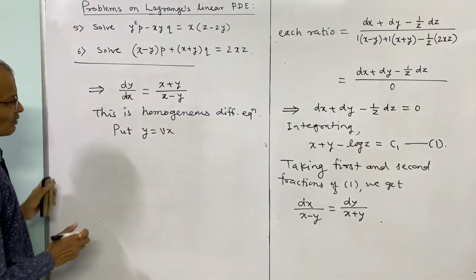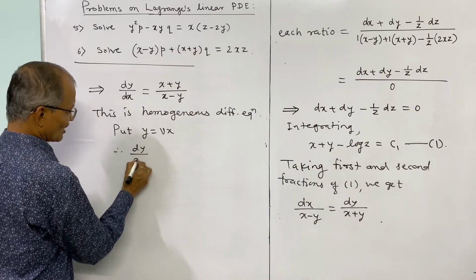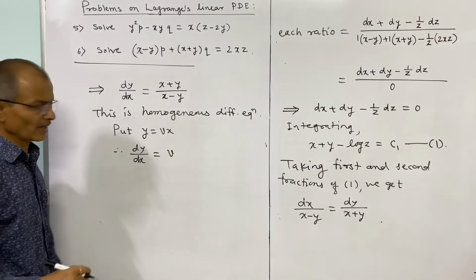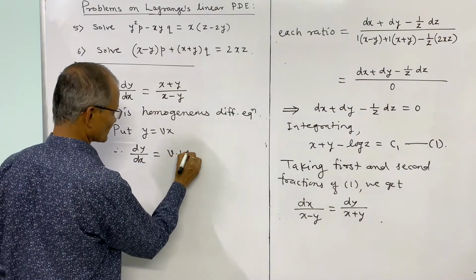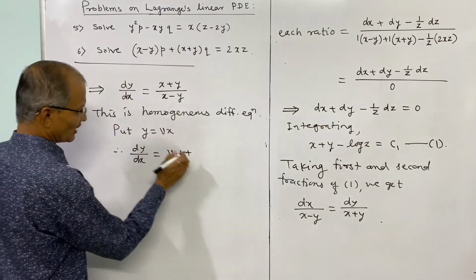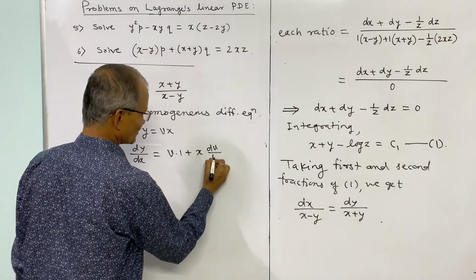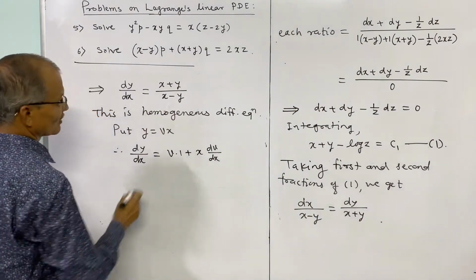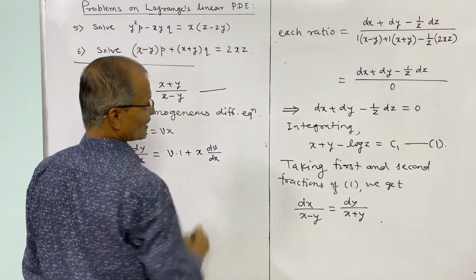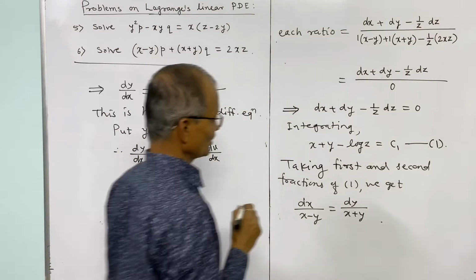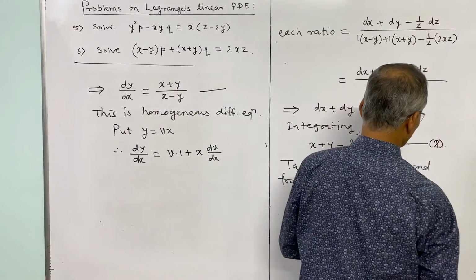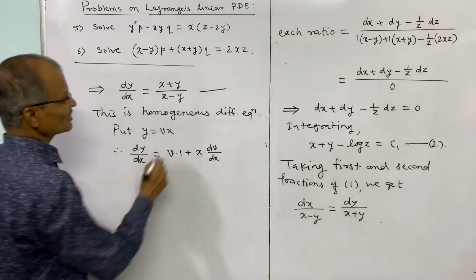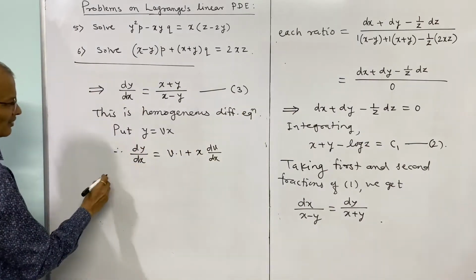And put y is equal to vx. So what is dy by dx? v is also a variable. Using the product rule of derivative, v into the derivative of x, which is 1, plus x as it is into the derivative of v, that is dv by dx. And thus we use this in this equation, which we may refer to as the second, as the first was written earlier, and this we should refer to as third, and therefore putting these in 3,